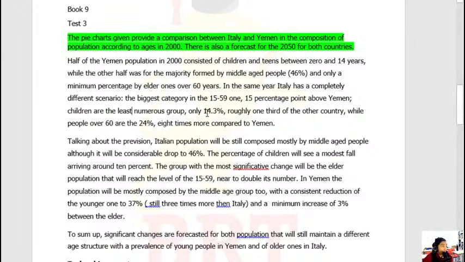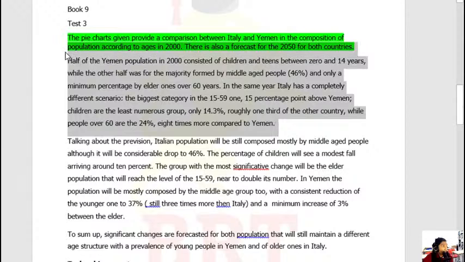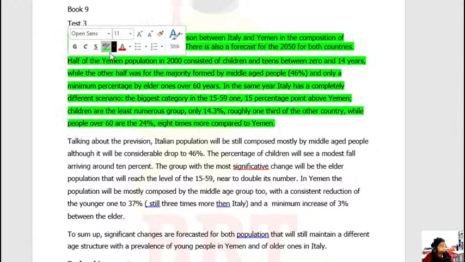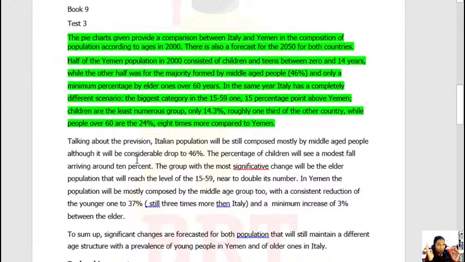By only 14.3%, roughly one third of the other country, while people over 60 are 24%, 8 times more compared to Yemen. This is again very good, bar some mistakes here and there, but you know, in this particular case,